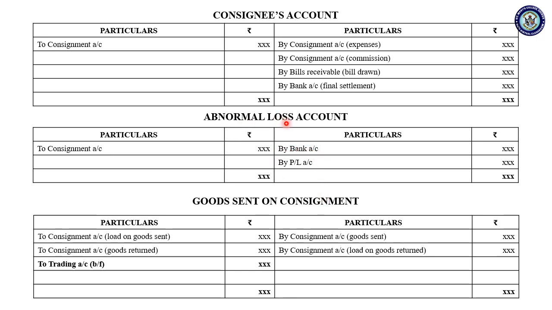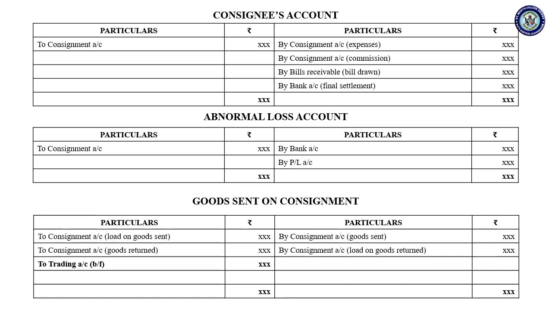See, when there is a loss, what can you do? For example, you have one piece of furniture, and there is damage in the furniture. I think we'll take the example that the side of the outer portion has been cut off, or there is some problem in the leg. Now what can you do? You can sell it, right? When there is an abnormal loss, you can sell that abnormal loss. So when you sell, you will receive the money.